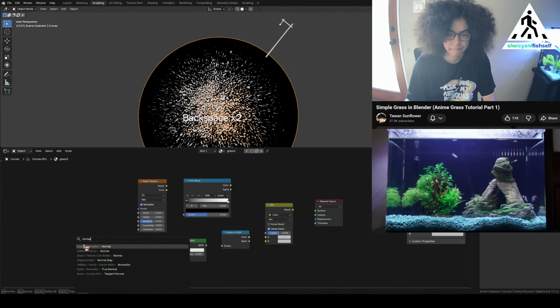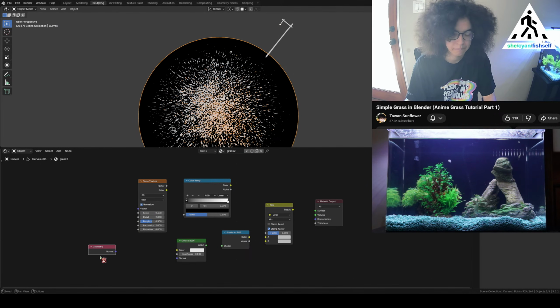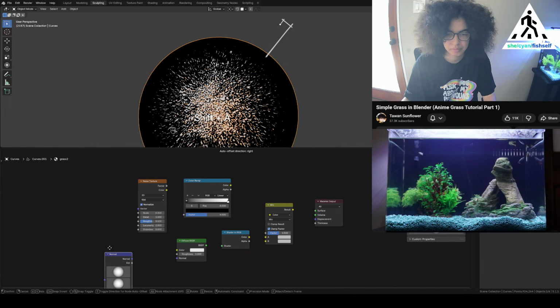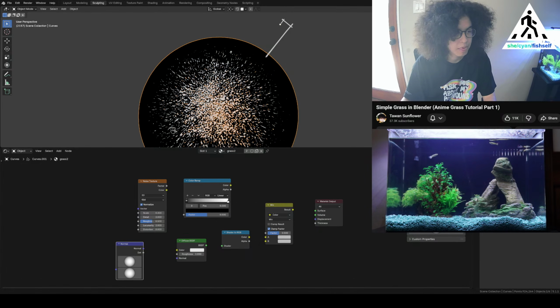Check the video description for the color codes. And in the material properties, set the shadow mode to none. This means that our grass won't cast any shadow, but it can